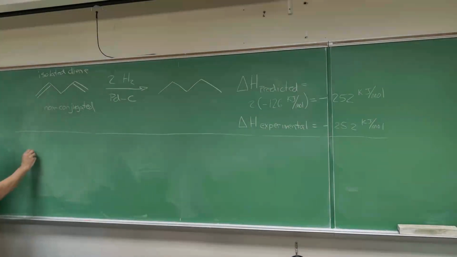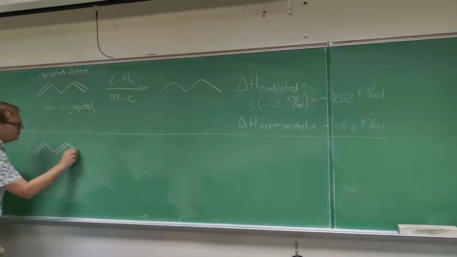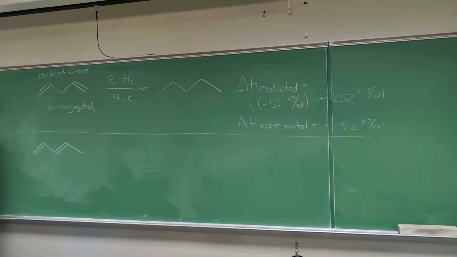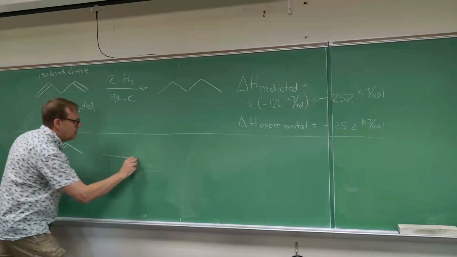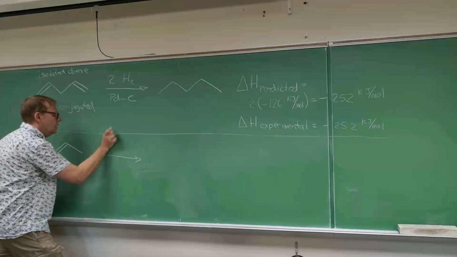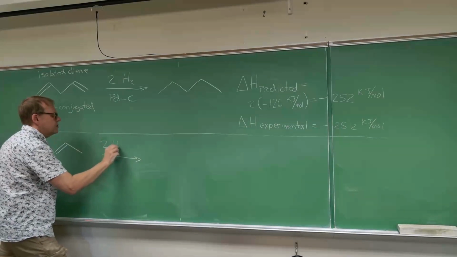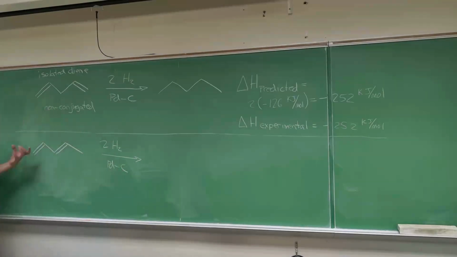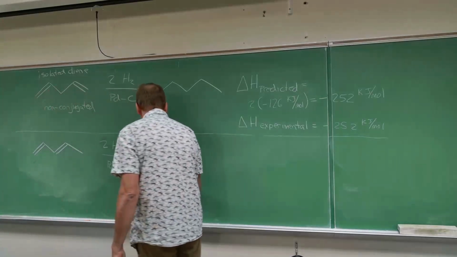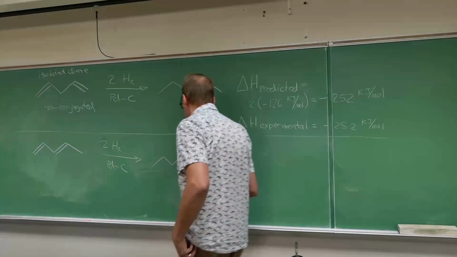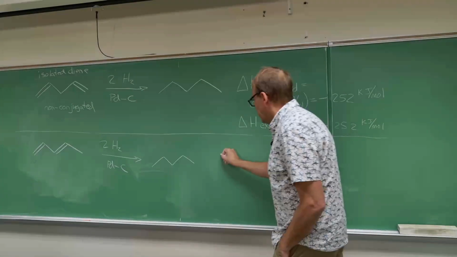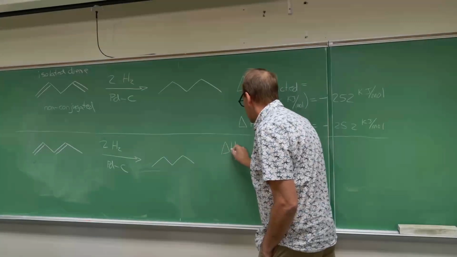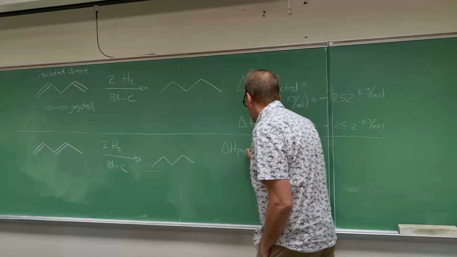If we do the same experiment with this diene, this one is conjugated. And let's see what happens. You put this in with 2 equivalents of H2 and palladium on carbon as your catalyst. You add hydrogen across each one of the alkene double bonds. You get an alkane there, and then there's delta H predicted